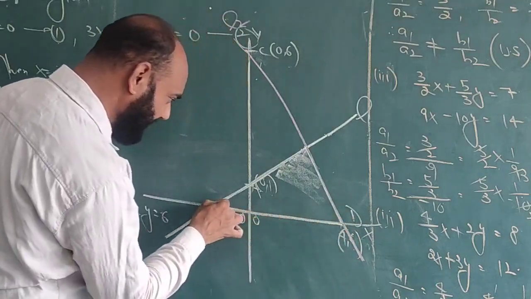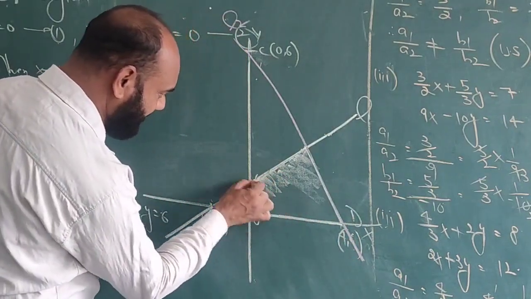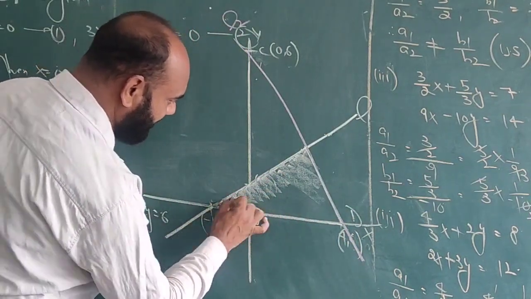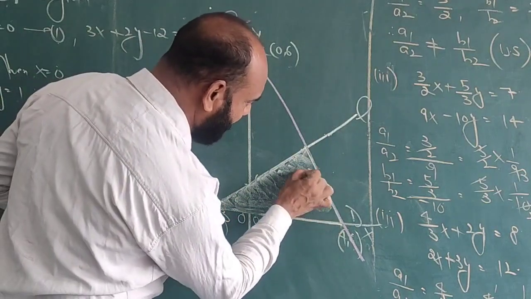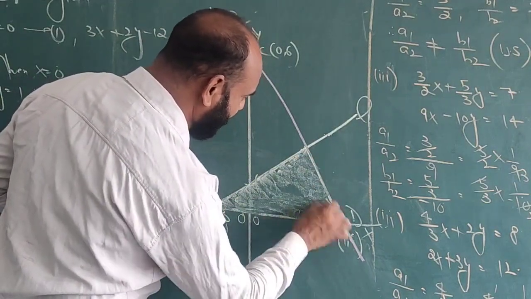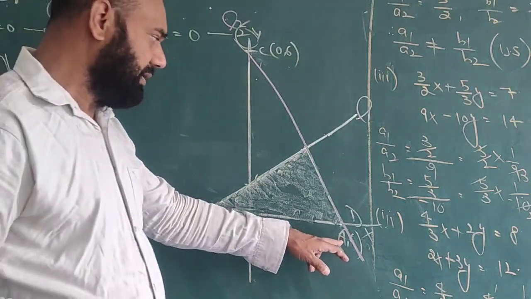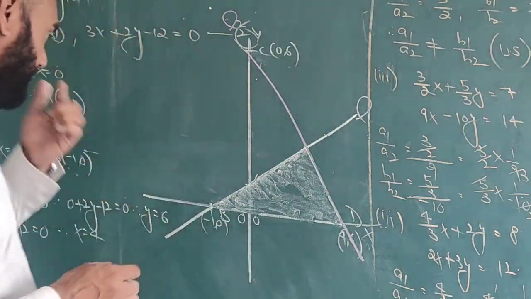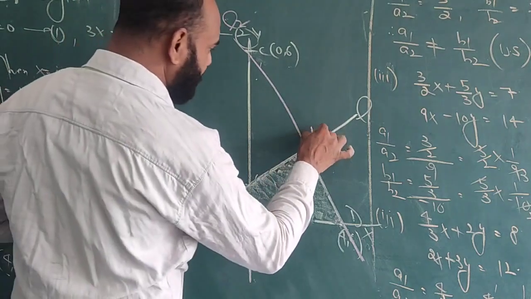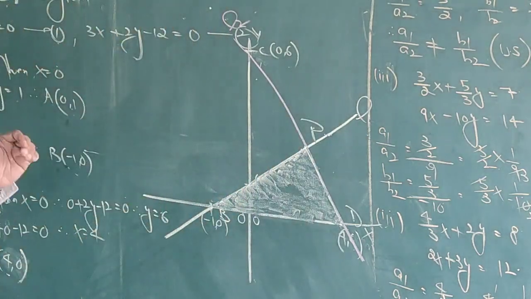Now we shade its region. It is also given to find the vertices of the triangle. So one vertex is minus 1, 0, the second vertex is 4, 0, and the third vertex we find out